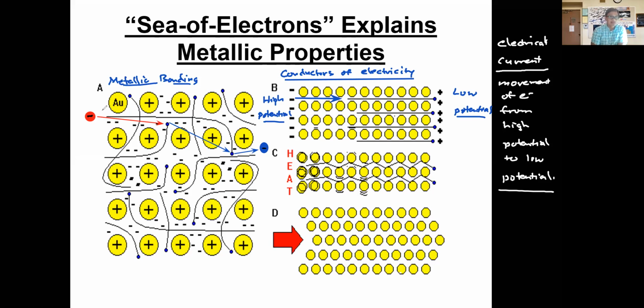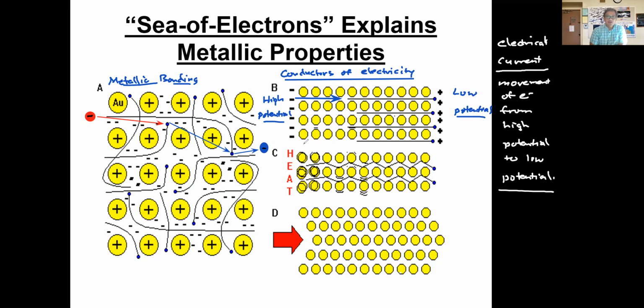But the idea here is that since you have a sea of electrons moving around, this electron enters the metal, collides and interacts with an electron that's already there, and then you get a chain reaction in which one collision occurs after another to send out another electron. So a different electron goes in, but we still have a net movement of electrons. That is how we can explain why metals are good conductors of electricity.